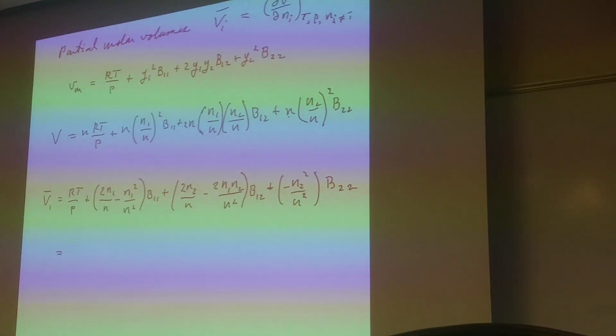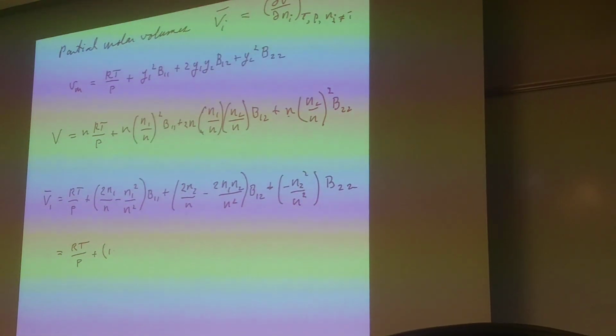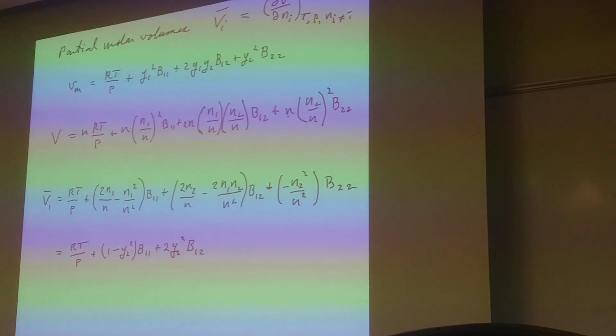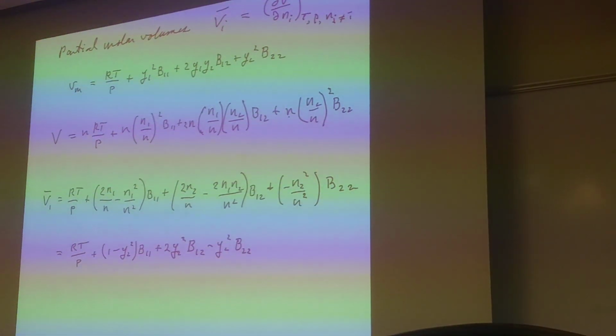I can write everything back in terms of y's, and that gives me I've also put everything in terms of y2 at this point. And then it turns out to be convenient